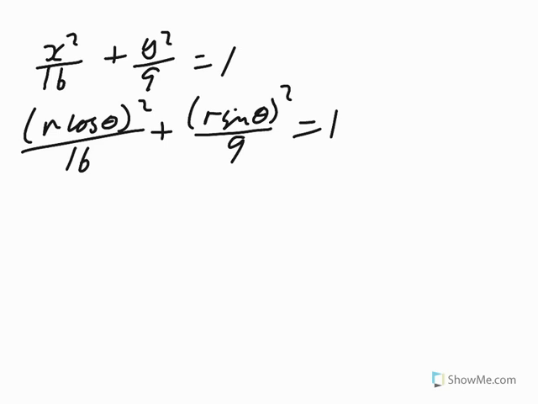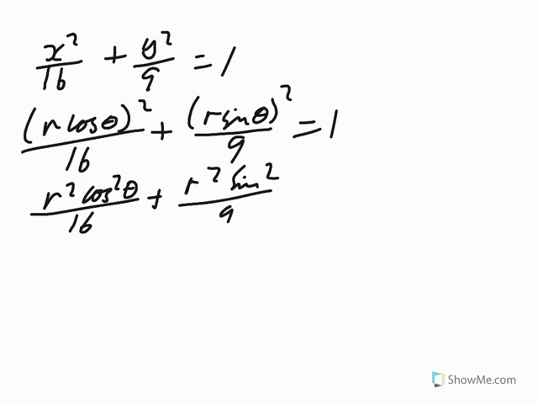Alright, so when we remove those brackets, r squared cos squared on 16 plus r squared sine squared on 9 is 1. R squared can come out as a common factor, and so then you've got